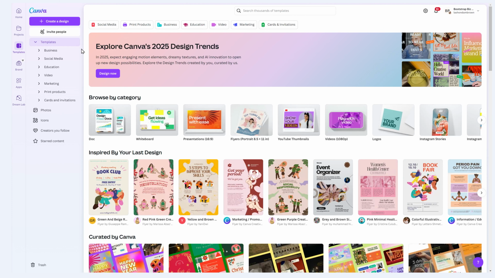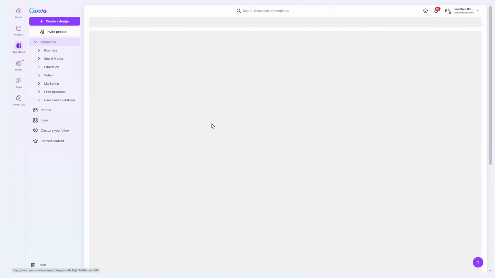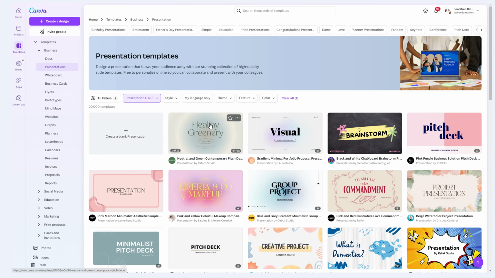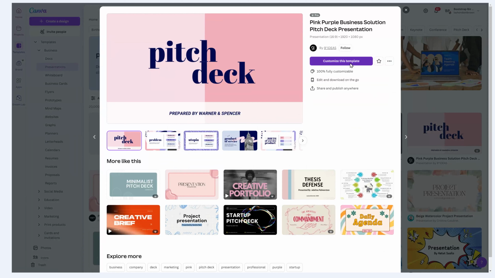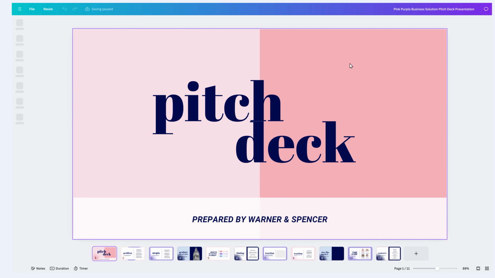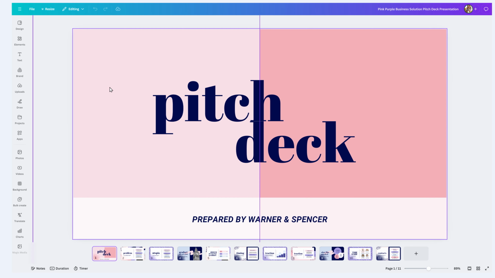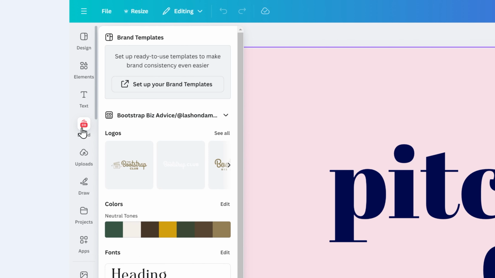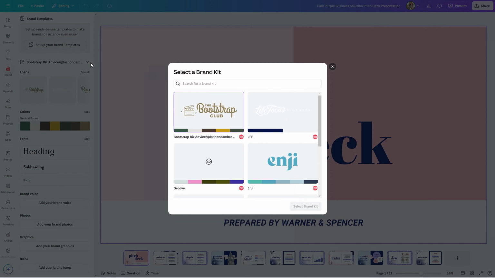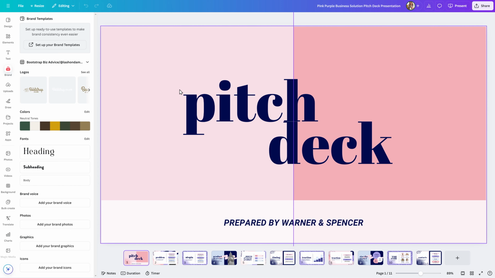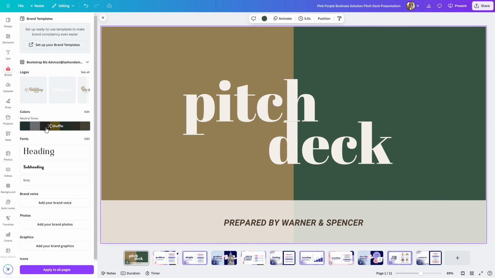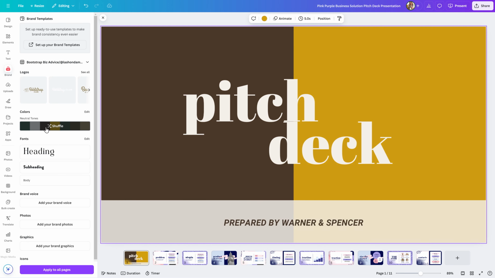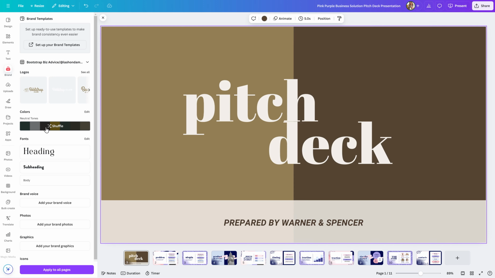If I were to go back to my templates and say I click on a presentation, I can click on any design here, and within a matter of seconds, I can customize the template and apply my branding if I already have it uploaded. So on the left-hand side, I can select brand. You have a drop down that allows you to select a different brand kit if the default is not what you want to use. And by clicking on shuffle, you can easily click through and it will apply your branding